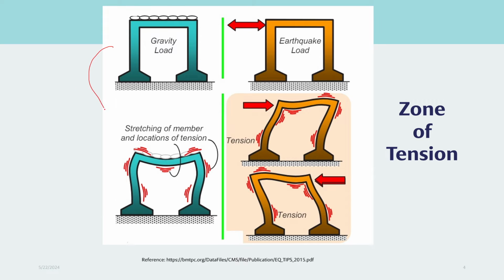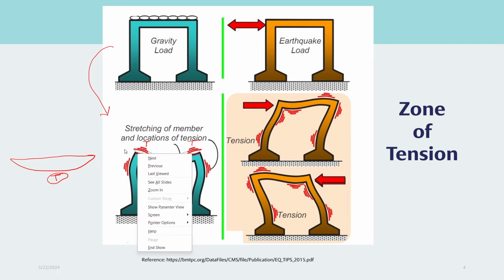In vertically downward, that means in gravity load, here you can see our structure. Suppose this is the beam, our beam bends like this. That means the tension is on the bottom face at the center. And because of the fixity here, tension gets generated. So in the beam, there will be tension at the center, and at the support at the top there will be tension, and because this portion is in tension, it drags the column.